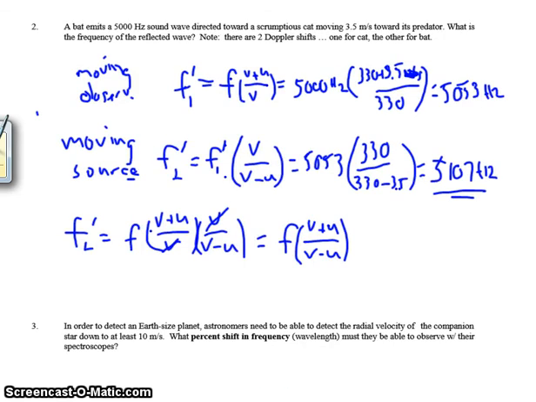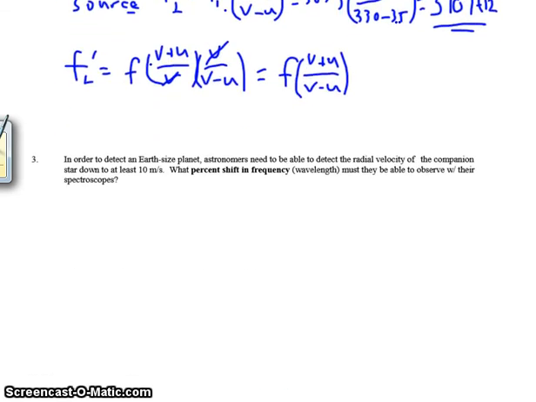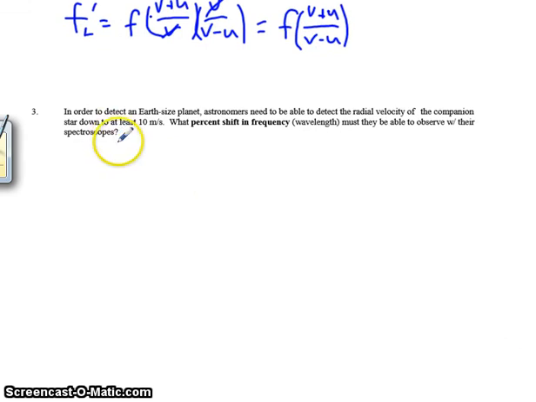Last problem is more of an astronomical problem, kind of related to what we talked about with shifting wavelengths of light. We want to be able to detect an Earth-sized planet, and we need to be able to detect the radial velocity. In other words, if you recall, if a planet is orbiting another star, that star is also orbiting a center of mass, and at some points it's coming toward us,